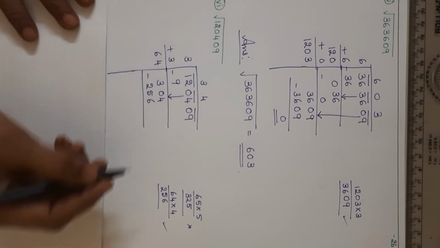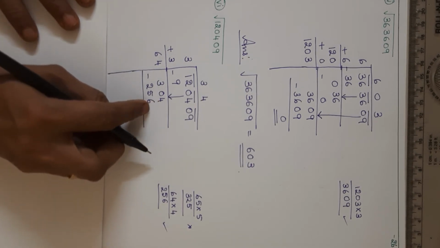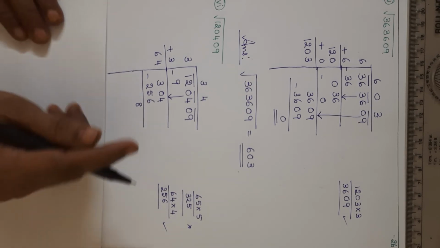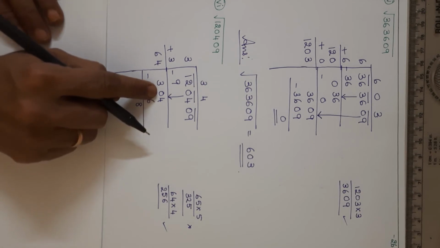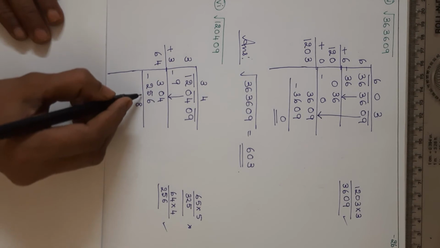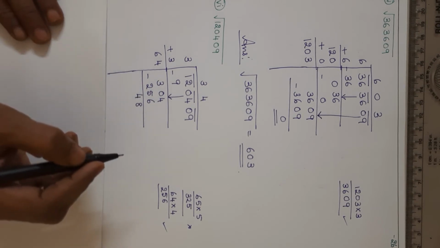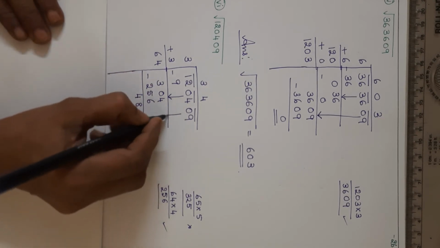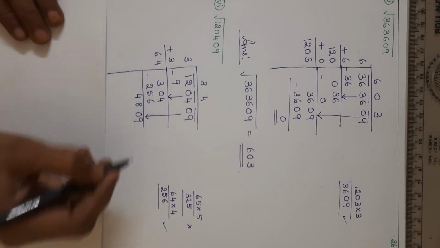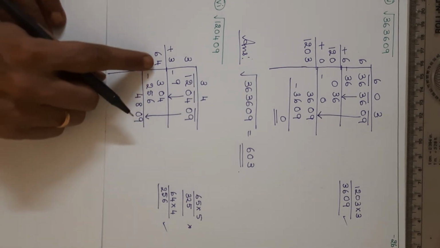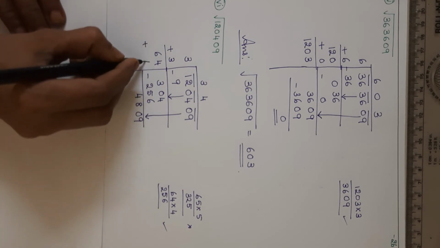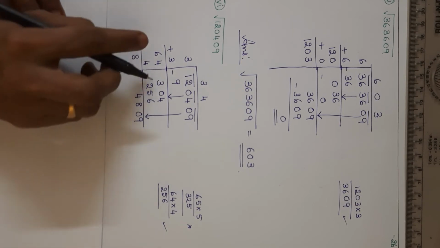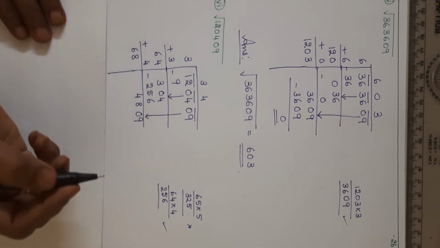Next, subtract. Now 4 minus 6 means 14 minus 6. 4 5 6, 8 is remaining. Now here 9 is there, isn't it? 9 minus 5 is 4. Okay. Now 2 minus 2 is 0. So now bring this 0 9 down. Now this is 4, so add 4. 4 plus 4 is 8 and this 6 as it is.